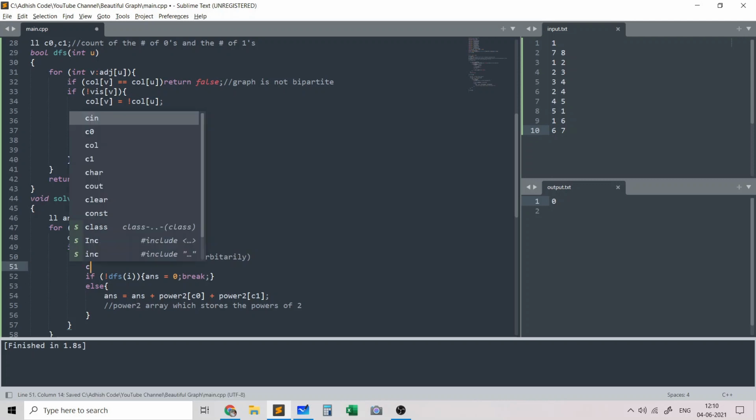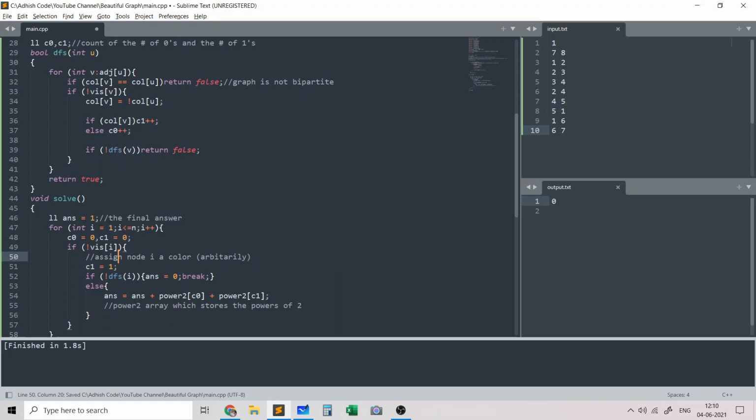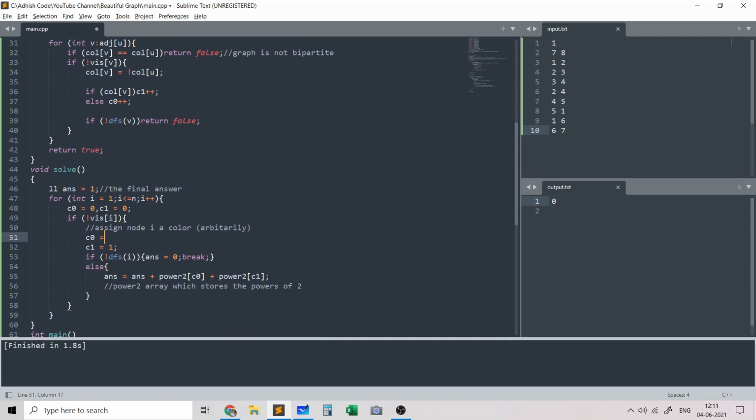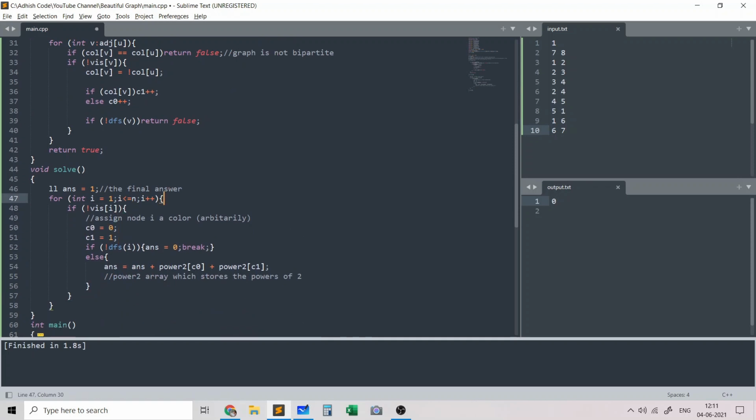So let's say that we assign node 1 a color 1. That's why c1 will increase by 1, will become 1, and c0 will basically be 0. And then I'll call DFS. If the DFS returns false, I'll make the answer 0 and I'll print out the answer.